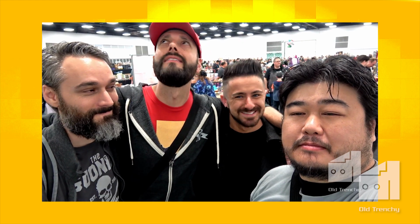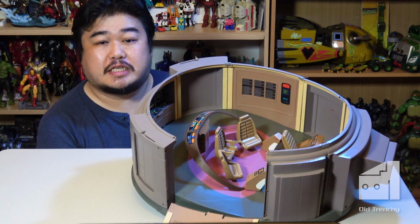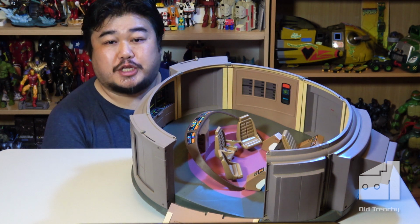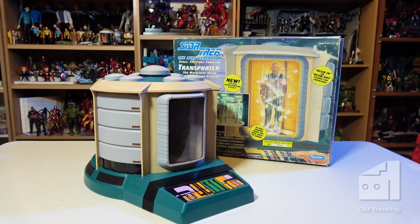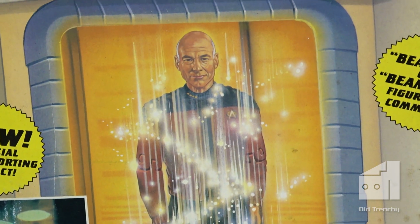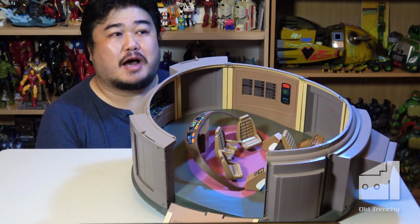Go watch that video, by the way, I would really appreciate it. Anyway, that's where I spotted a bargain listing for a couple of Star Trek TNG playsets, the Enterprise Bridge and a Transporter set. Now, I only wanted the Bridge playset because previously I had already found a Transporter complete and with box at the Brighton Market for only $15. Fortunately, I was able to haggle for a lower price, and the entire transaction happened within half an hour on my way home